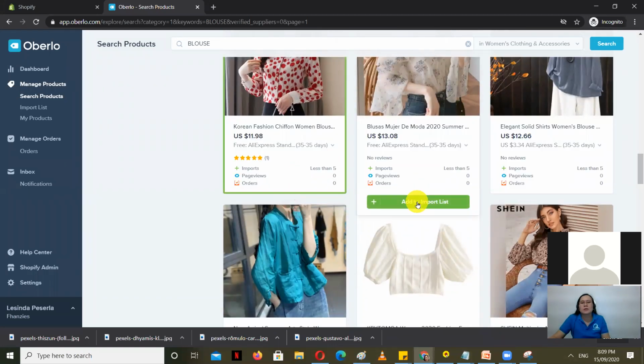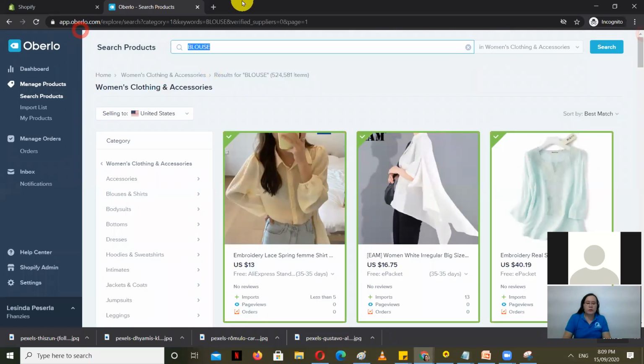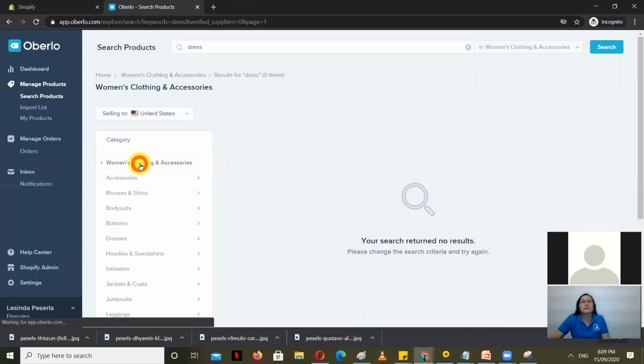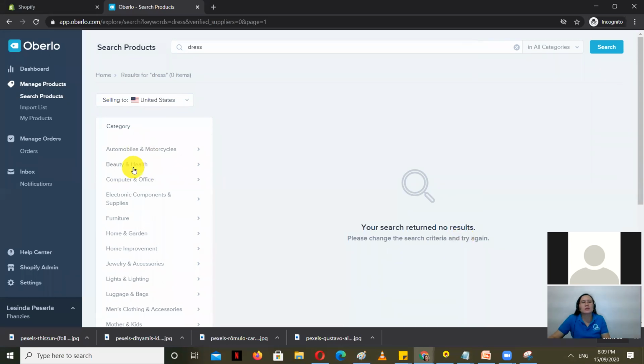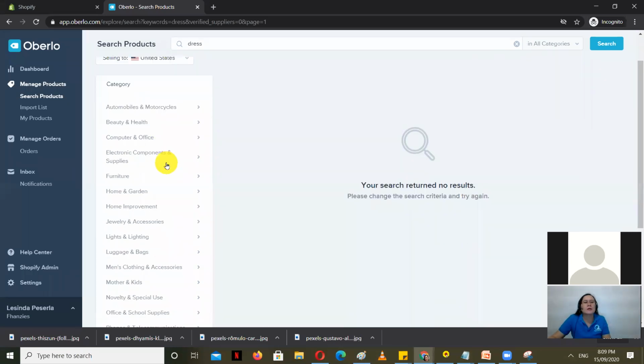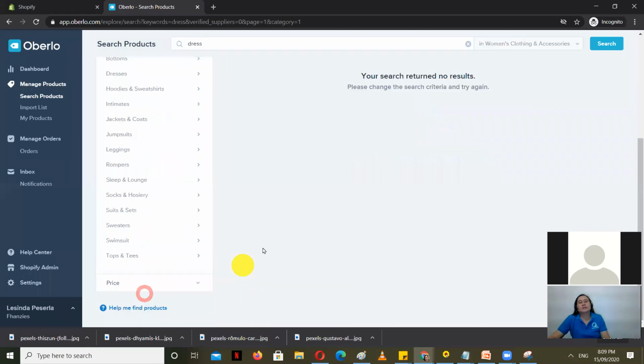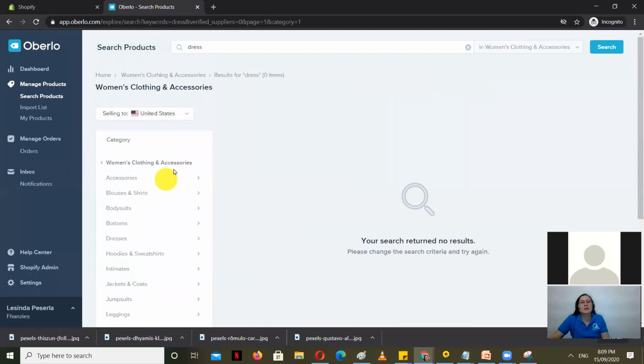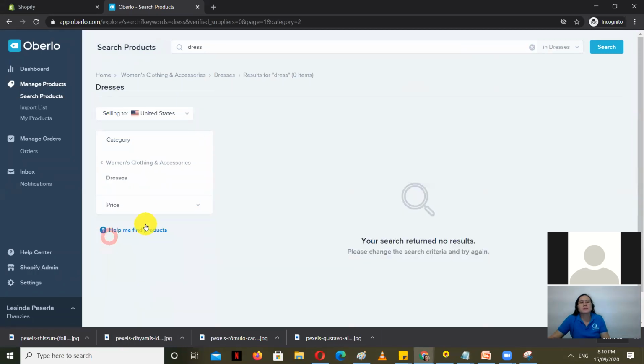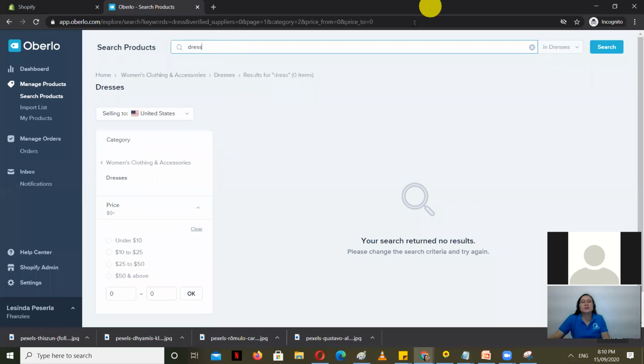So, next is we have to add an address. Okay, if you don't like this one, wait. Dress, women's clothing, and then dresses. This is the only dress. It's weird. If I search for dress here, it doesn't work either. Okay, so